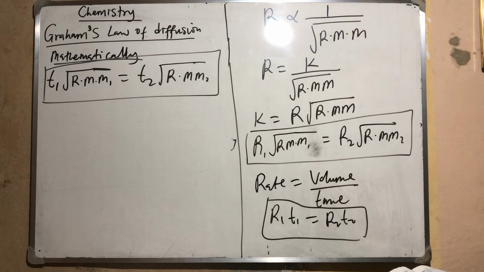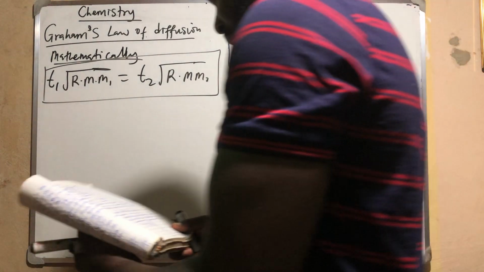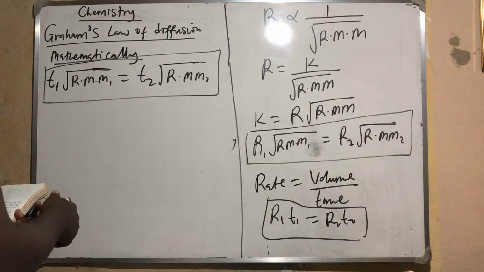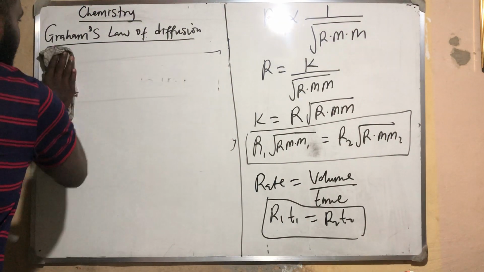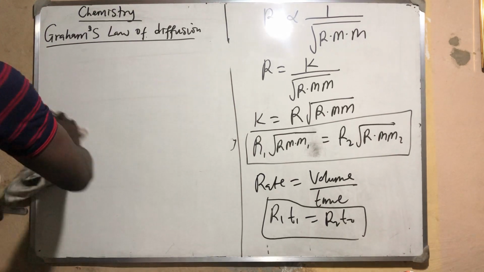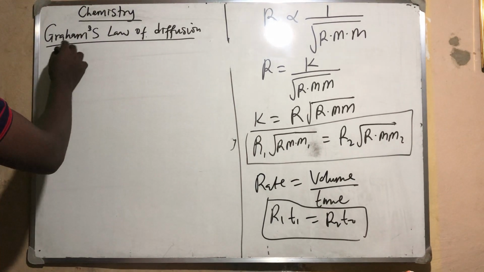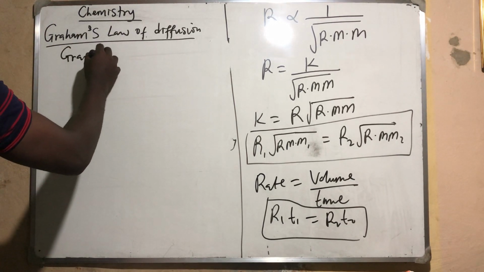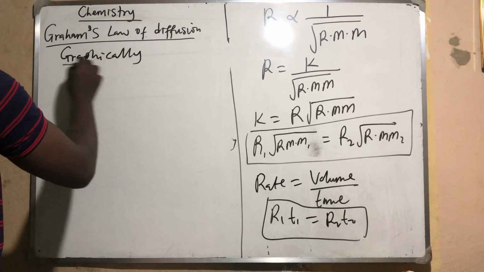Now, before that, you need to know what factors affect Graham's law of diffusion. Number one is mass, number two temperature, number three pressure, number four density. So now let's talk about the graphical representation of the rate of diffusion of a gas. We have done it mathematically, so graphically, we have that